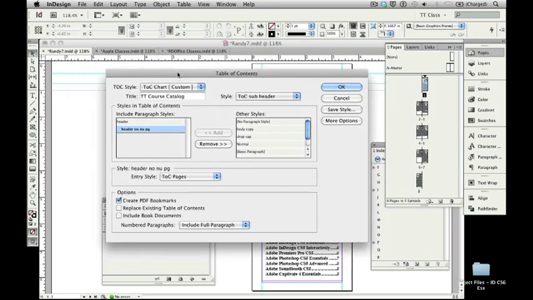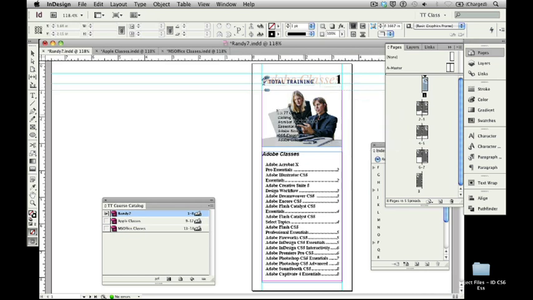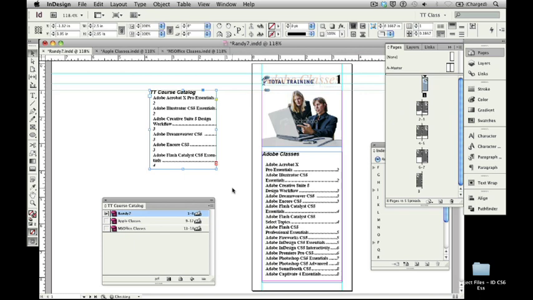The next thing I'm going to do after that is include book documents. And when I do that, it's going to build a master table of contents for the Adobe courses, the Apple courses, and the Microsoft Office courses that we'll build into a brand new document. I'm going to say OK. And when I do so, I'll see that it creates a brand new text file that's TT Course Catalog and actually includes not just what we have here